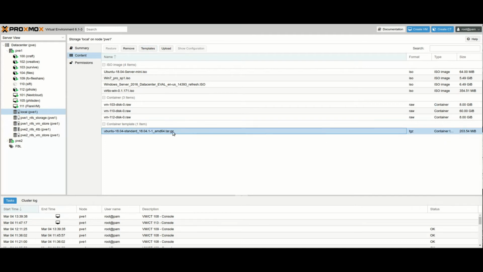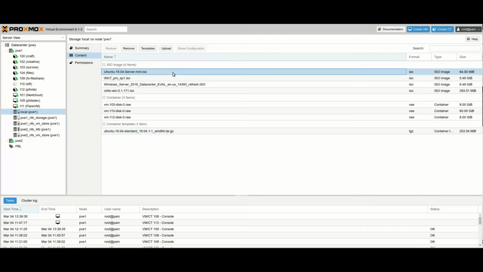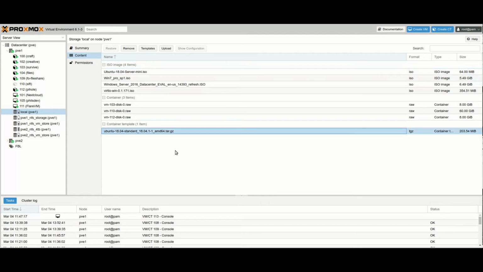Okay, and so I also have a server mini, which is 64 meg. I uploaded this ISO myself because I like the mini one because it has a lot less bloat. But the templates are different. Templates are fully installed, ready to go. And I'll show you what I mean by that.